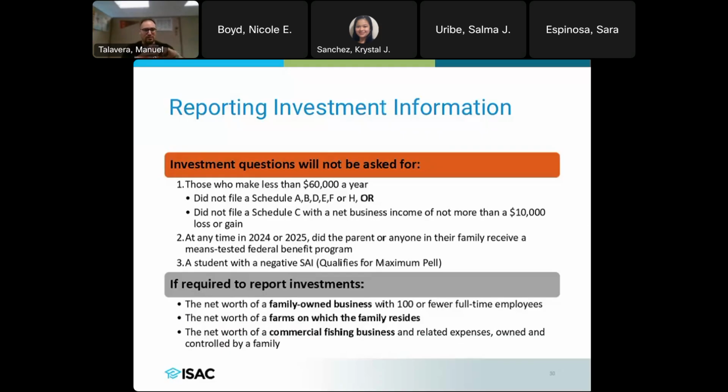What's in the orange is what's been the case for the last 2 years since FAFSA simplification. Essentially, if you meet any one of these criteria, whether your parents make less than $60,000 a year, or, if you're an independent student, you make less than $60,000 a year and you didn't file any one of the schedule forms listed there, A, B, D, E, F, or H, or you didn't file a Schedule C with a net business income of more than $10,000 of a loss or a gain, or at any time in 2024 or 2025, someone in your family, whether it was you, your parents, or any of the other dependents in your parents' family